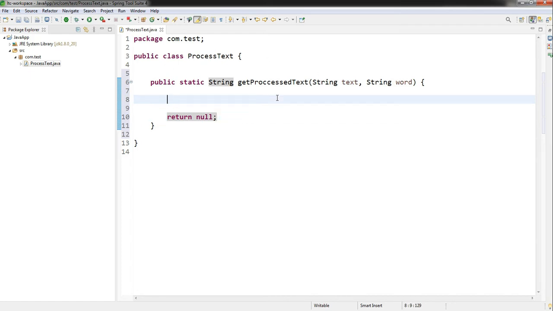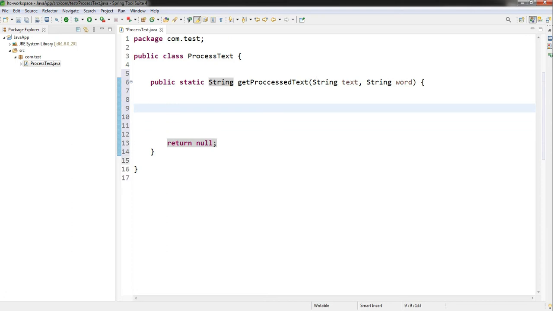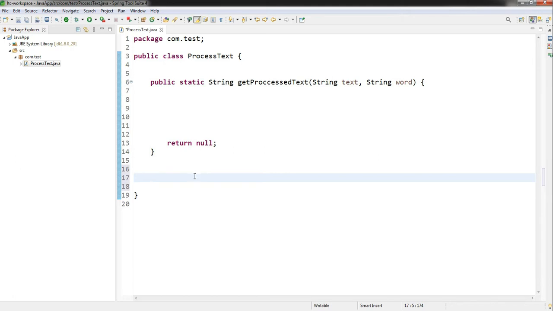First I will write one more method to reverse a string, because I need to replace the word with its reversed form. So I will write that method first: public static String reverse, taking a string word. Whatever word I give, it should return it reversed.